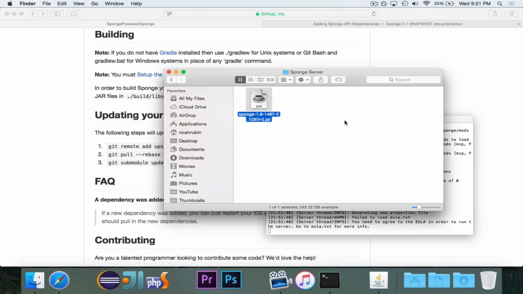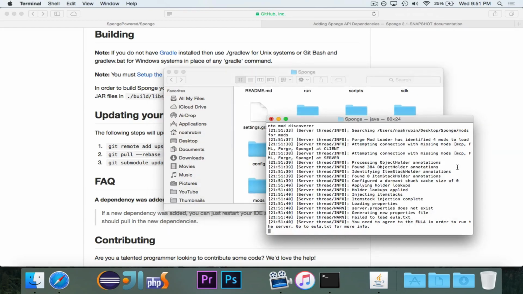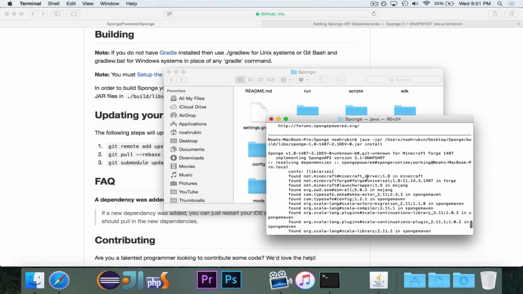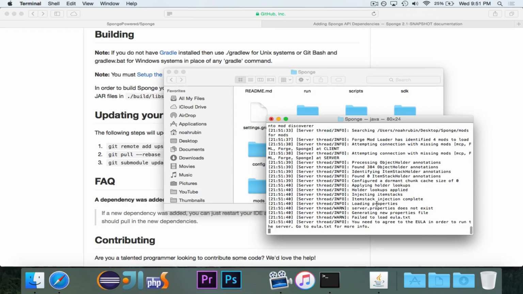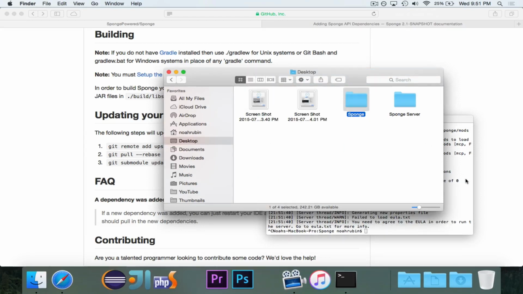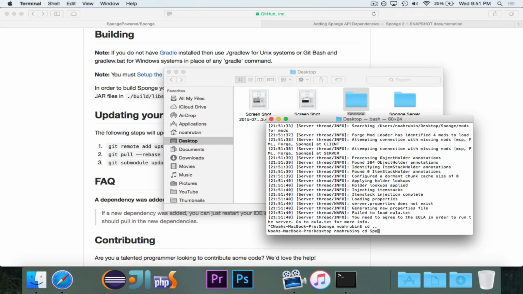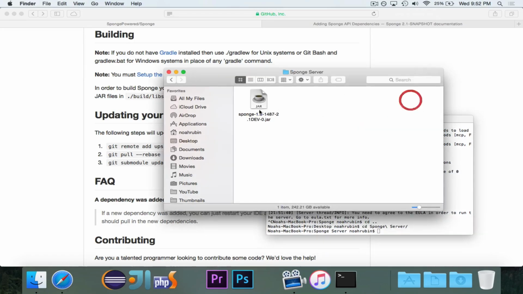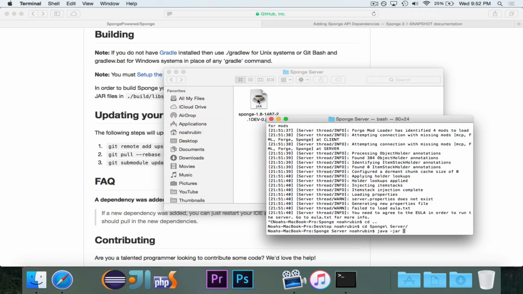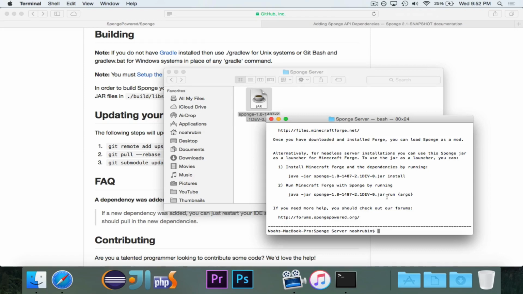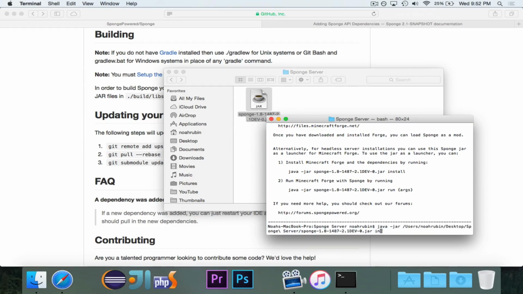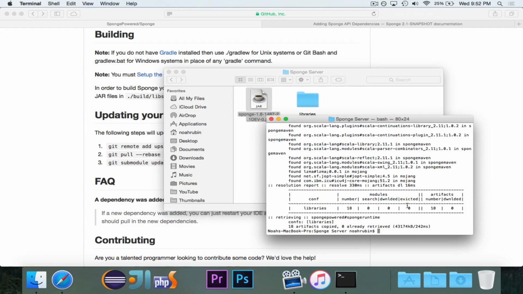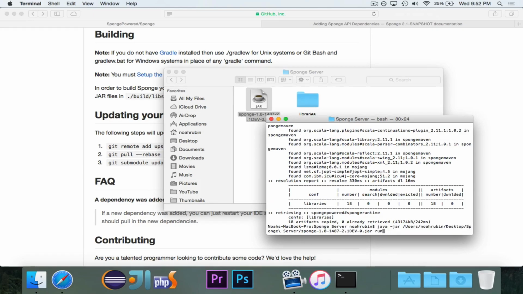And okay. I was actually in the wrong directory when I started it. So let's try that again. I want to actually go to the Sponge server directory, and then I want to run it. Let's try that again. And yeah, I guess I have to install it again because it's in a different directory. That should only take a second. Cool. And we'll run it this time.